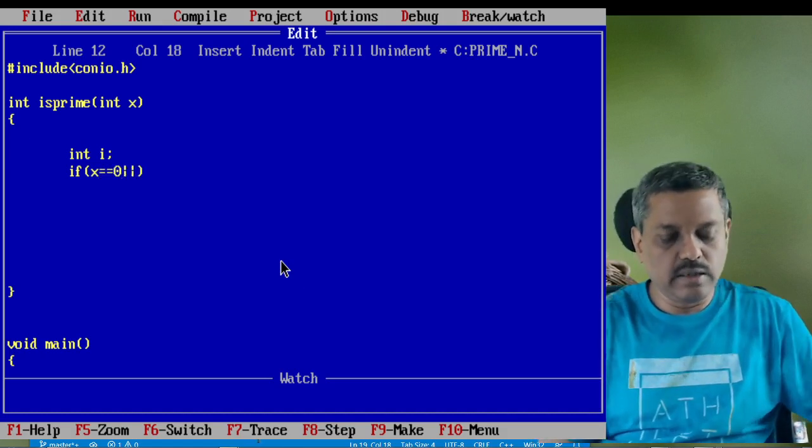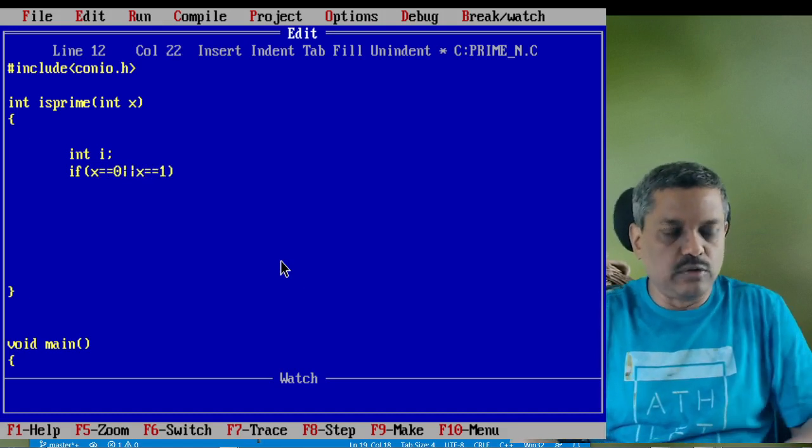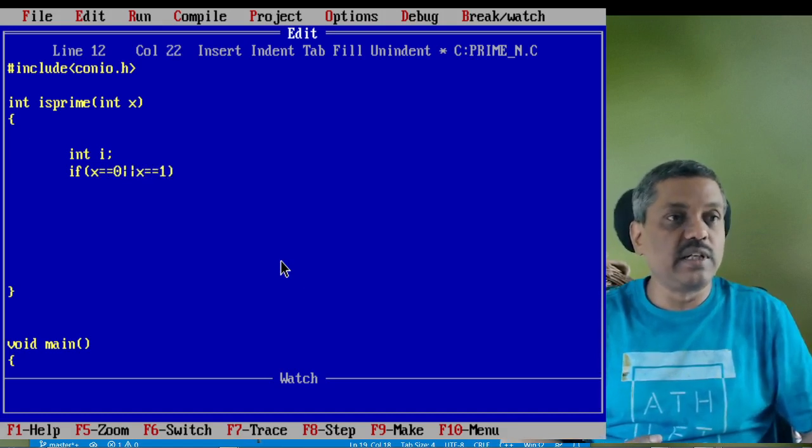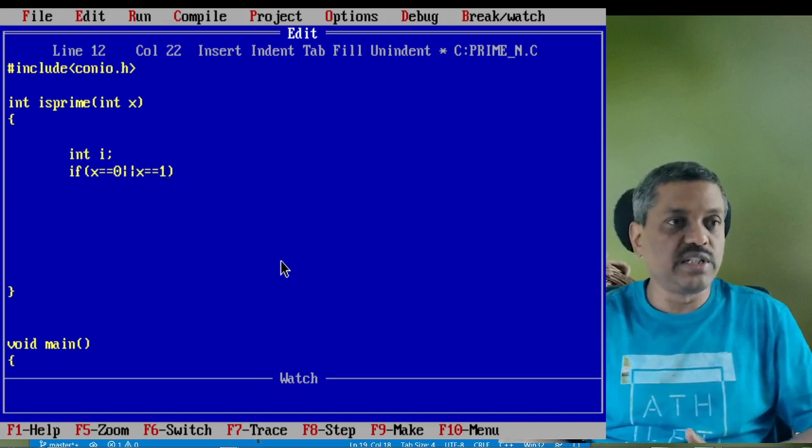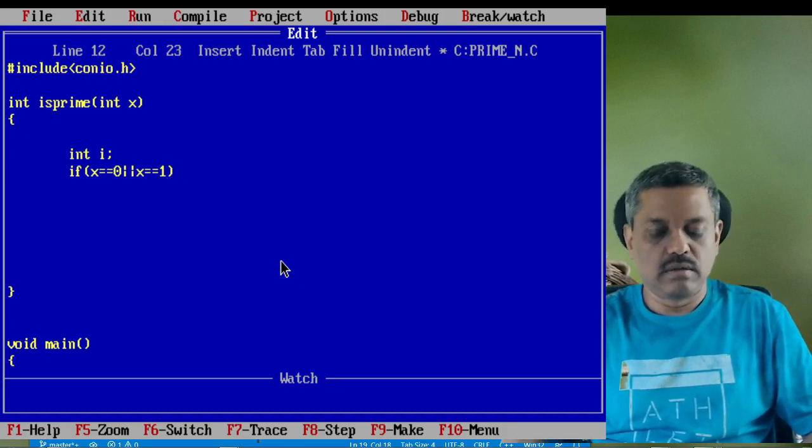I may even enter 1 as the value. So for every possible condition, it has to check if x is 0 or if x is 1. That means both conditions are being checked over here. If any one is true, then